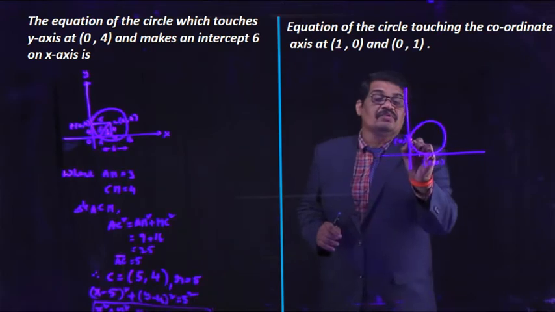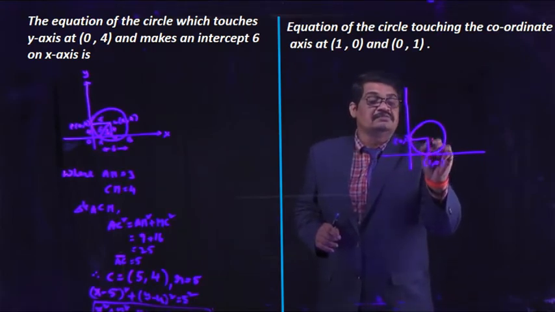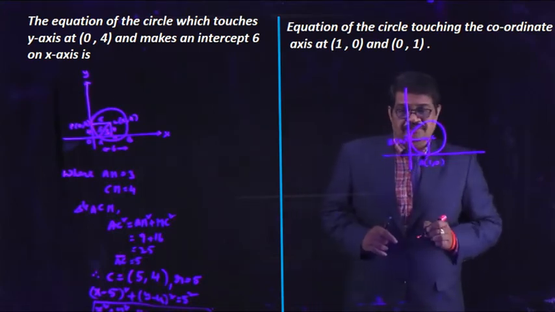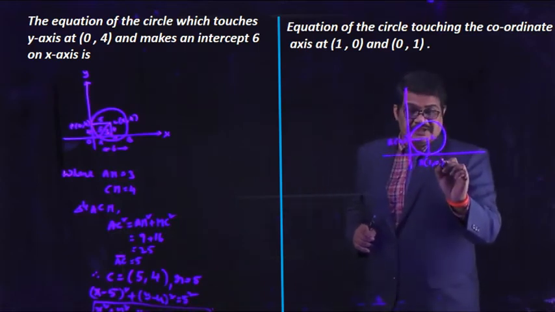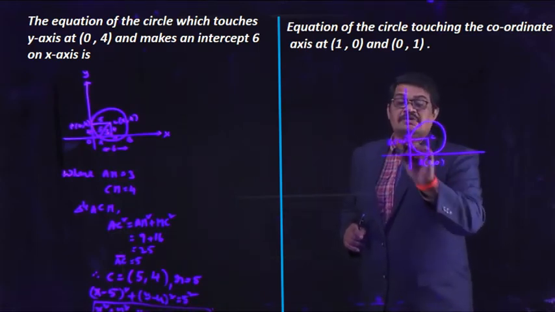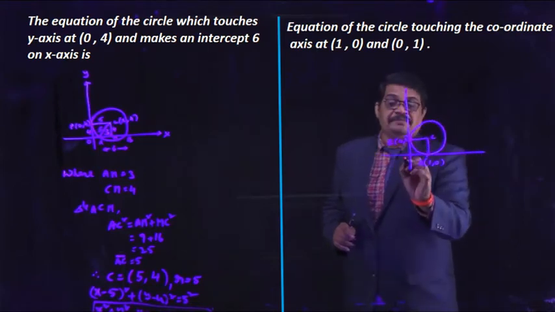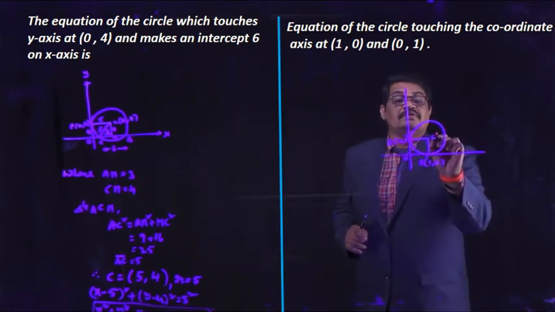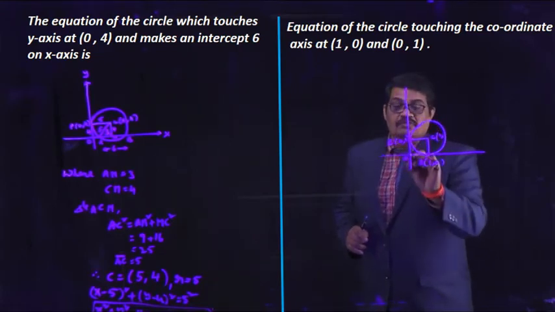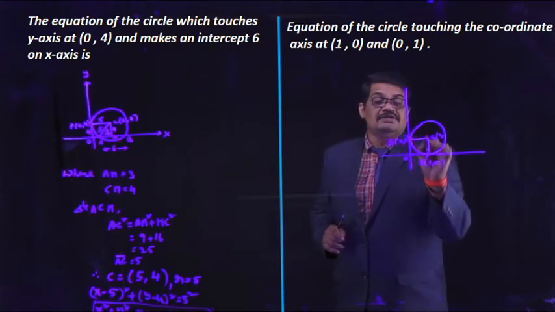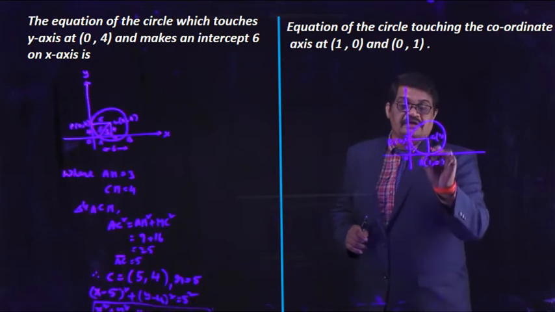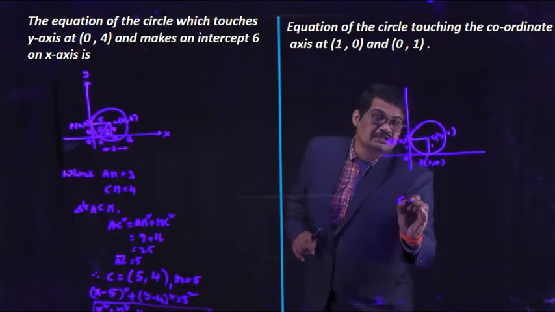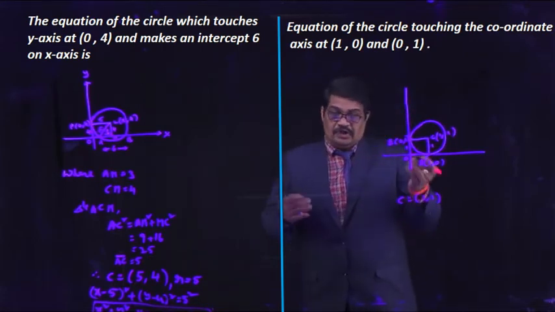This is the given circle. This is the center. Join this point, say A, and this point, say B. This is the diagram. So the required circle touches the x-axis and y-axis at these points (1, 0) and (0, 1). So what is the OA distance? It is 1 unit, that is nothing but the x coordinate of the center. And what is the OB distance? It is nothing but the AC distance. Here this distance is 1 unit. This distance is also 1 unit. Therefore, what is the center? Center is (1, 1). We are obtaining the center.